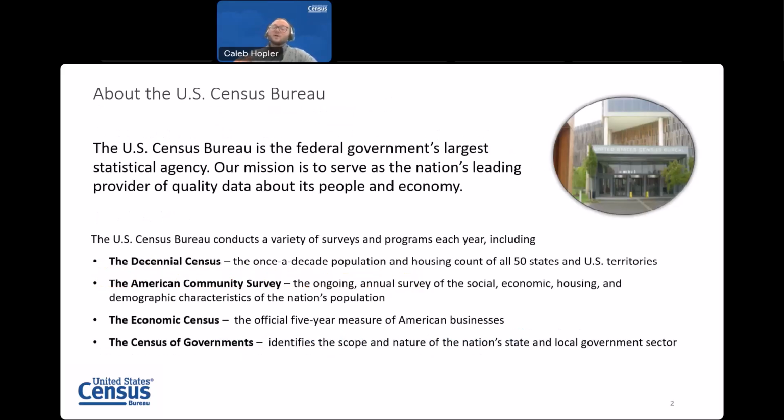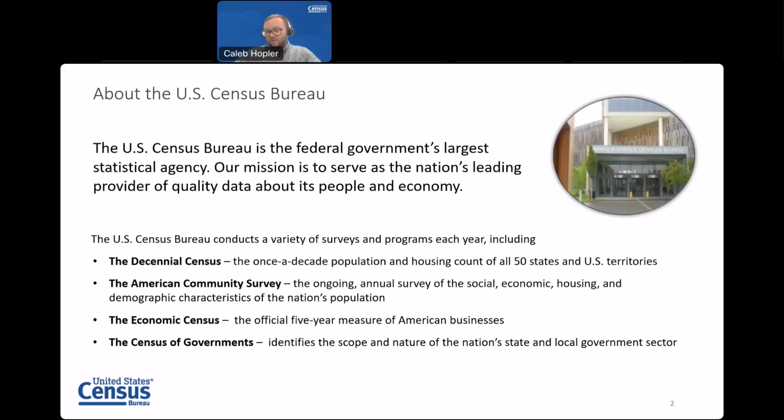Before we talk about the ACS and the API, let's start with a quick overview of the U.S. Census Bureau as a whole. The Census Bureau is the largest of 13 primary federal government statistical agencies. Our mission is to serve as the nation's leading provider of quality data about its people and economy. We strive to provide the most up-to-date, useful, quality data and products.